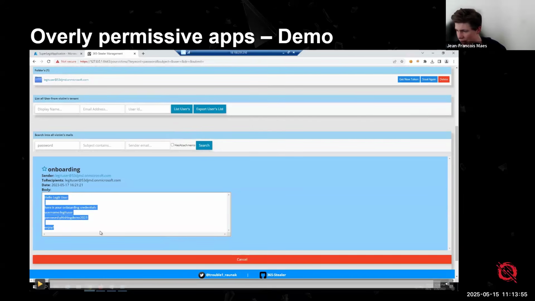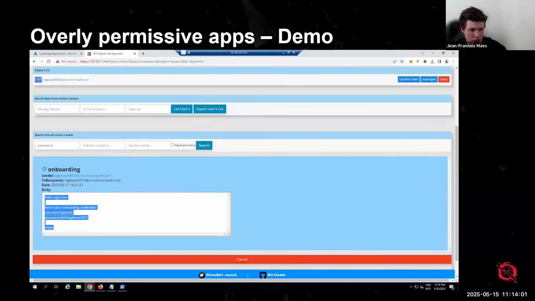And here we can see that we do have this password inside of the actual email right there. So this is one of the easiest ways of doing multi-factor authentication bypass. The only thing that you need is an Azure tenant, which allows you to create your own Office 365 application. And then you'll also need to get verified, or your application needs to be older than 2020.